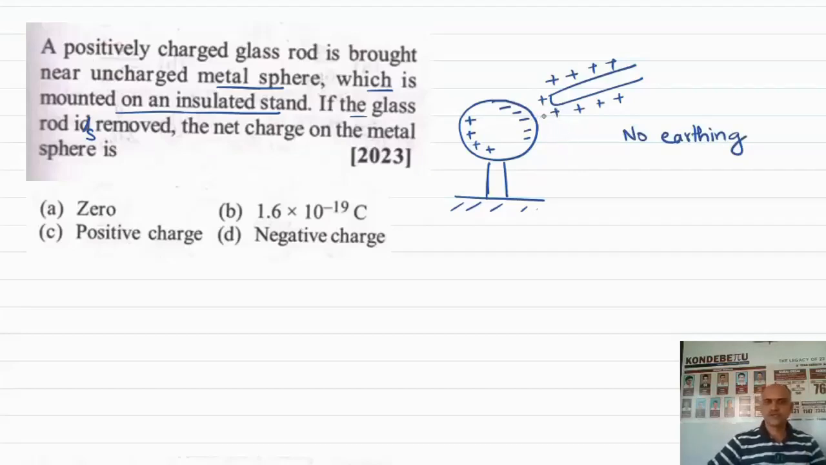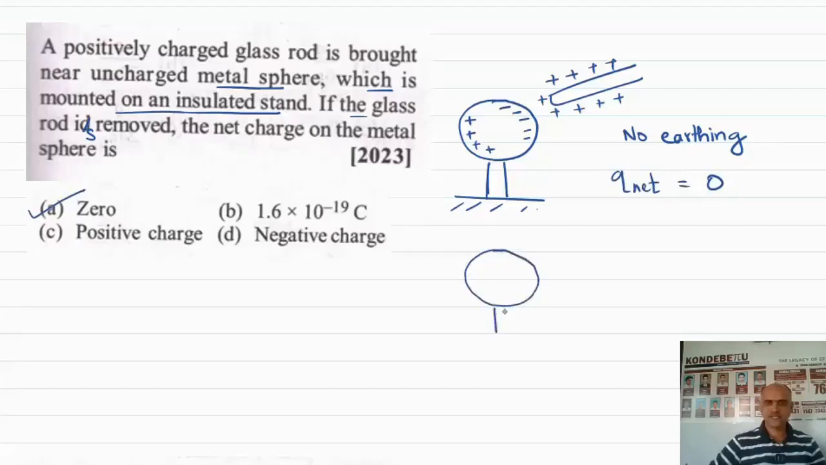So now suppose if you remove this glass rod, again the charges on the sphere get neutralized. So total net charge on the metal will be 0. So option A is the answer. If suppose